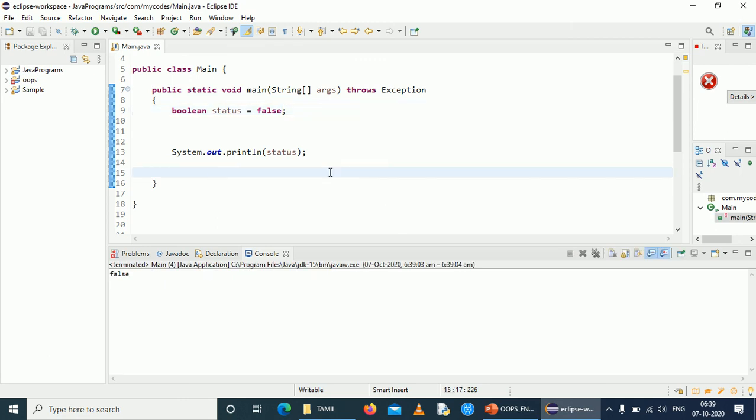So I think we have discussed integer, double, character, string and boolean. Five basic data types that we use more frequently while we code in Java. Not only in Java, these data types are basics in almost all programming languages, but we have discussed them in relation to Java. So I think this video is useful.